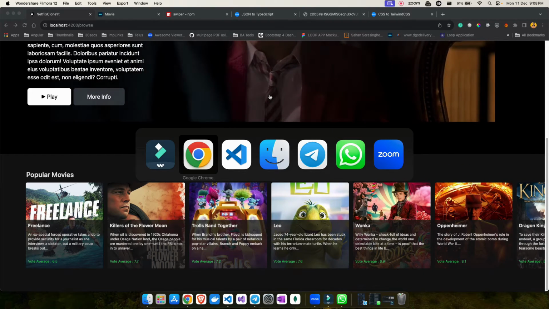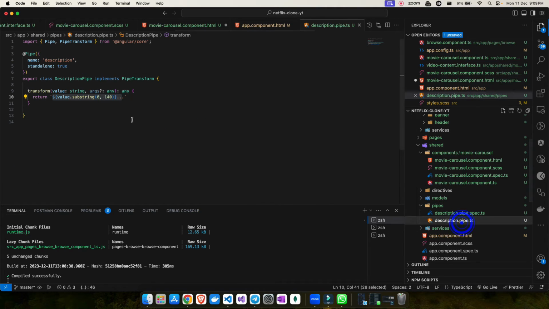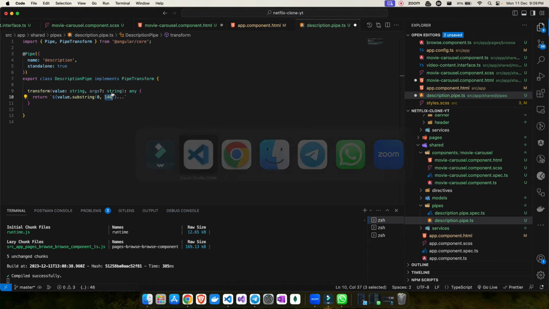Suppose you want to make it dynamic, for example, I don't want it to always be 140. You can pass in your own argument by saying, make this 200. Now you are passing an argument, correct? So go into your pipe. Now you have an arg value, which is of type string again, coming as a string from there. Rather than sending a string, you can send a number directly.